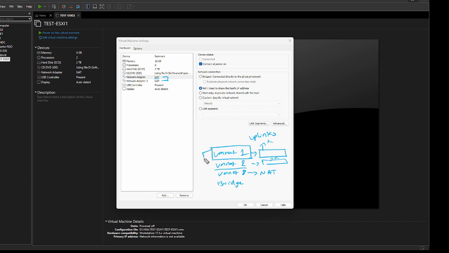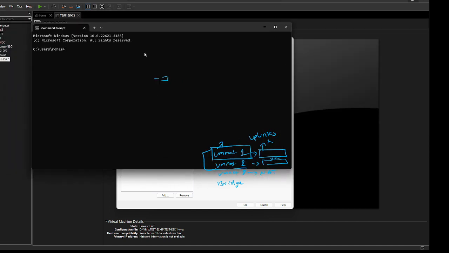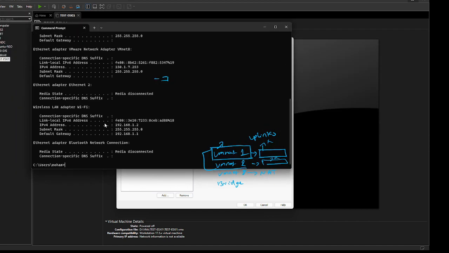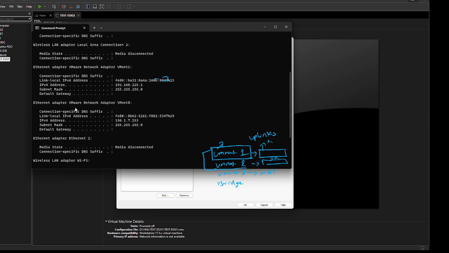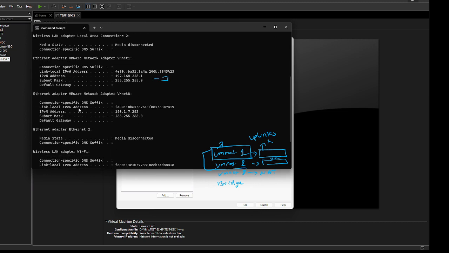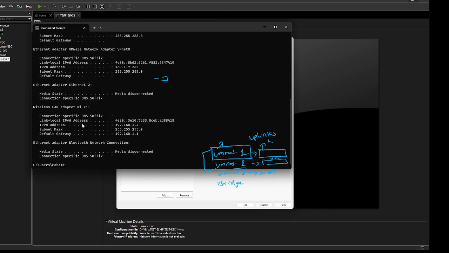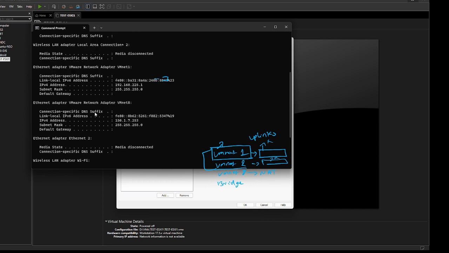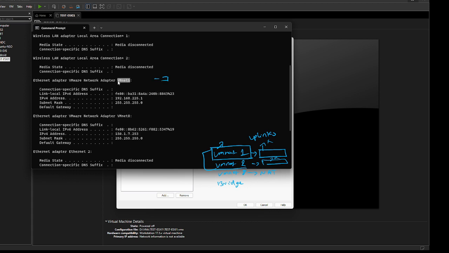What these adapters do is, for example, let me get the CMD now, because when I install the adapters, it will create the IP addresses for me also. So if I come back to the VMnet, okay, Ethernet adapter, you see that VMnet 8, I have an IP address of this one. It has allocated that one. Next, VMnet 1 has an IP address of this one, which it has allocated.